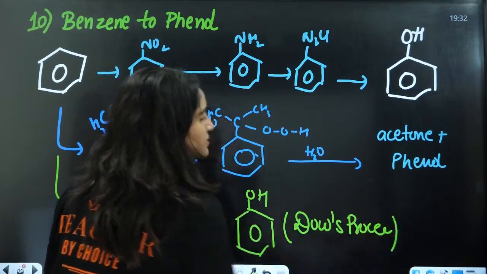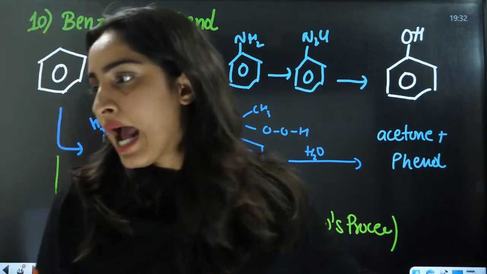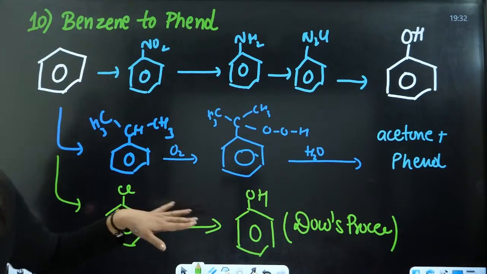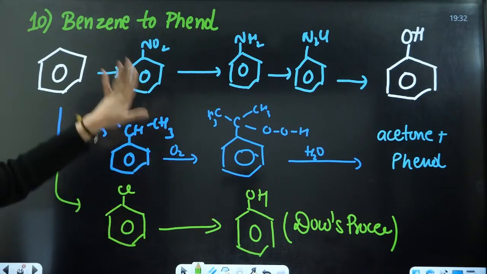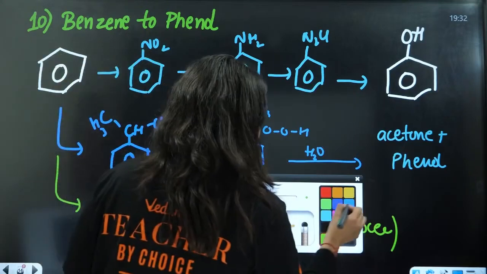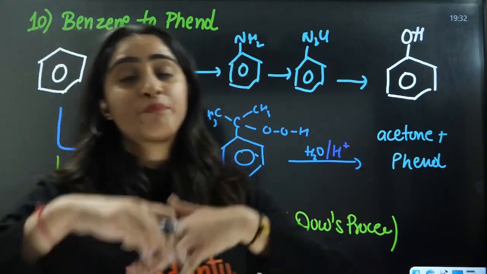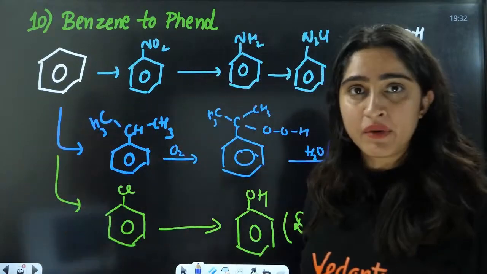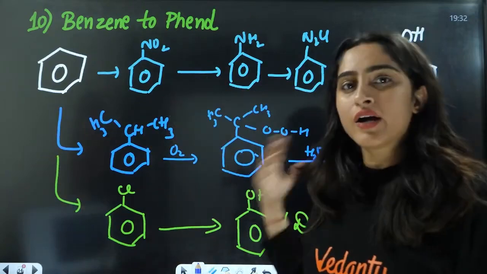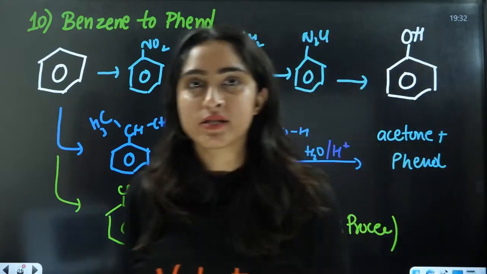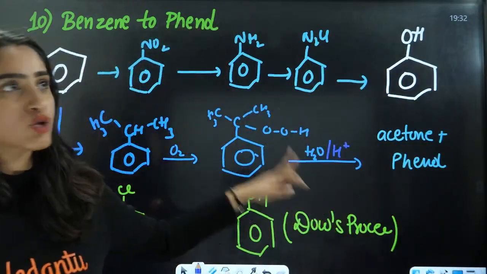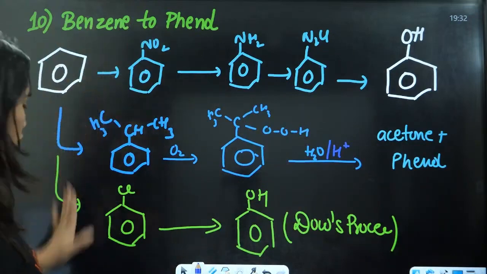There are so many ways, and all the ways are correct here. Right, everybody? Okay? Yes? You can react this with oleum, right? And after that, convert it into phenol. There are so many ways. These are the most important 3 ways of converting benzene to phenol.